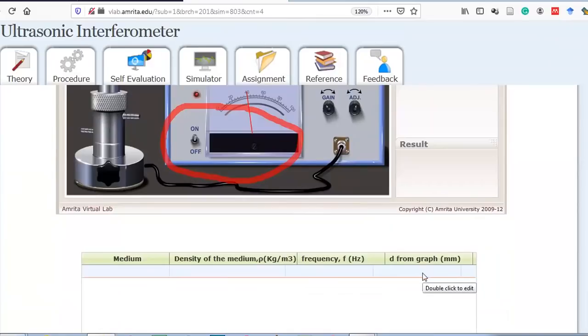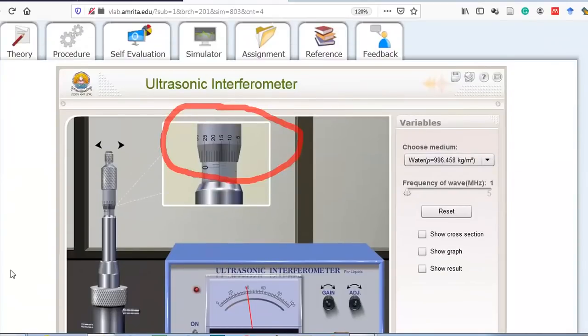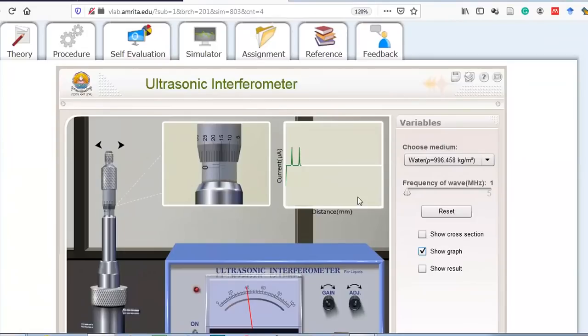Fine. D from graph, or you can manually write it down. If it is not there, then you can manually write it down into the notebook somewhere. Okay, and what you can do is, let me erase it. You click on the button. Now you see that at a certain interval, these spikes will come out. You go on doing this experiment for at least 10 readings. I have given you the idea for only 2 readings. That's why I get 2 spikes, but you have to perform it for at least 10 readings. So you go on and you see this graph will be like this, a similar pattern.